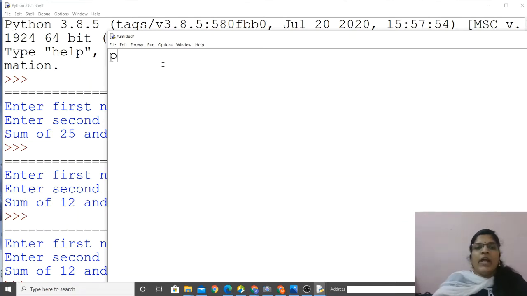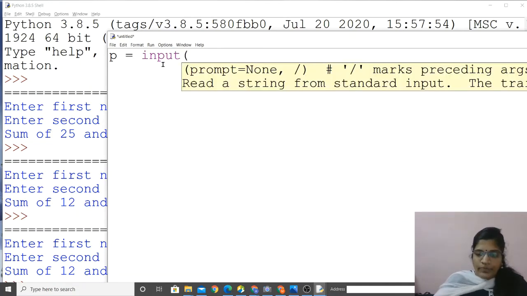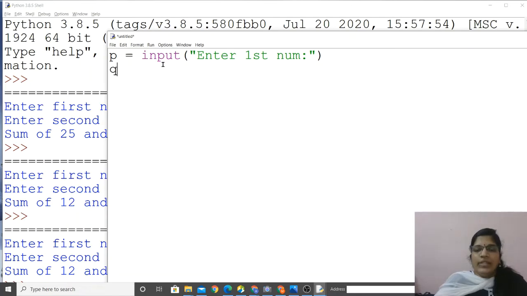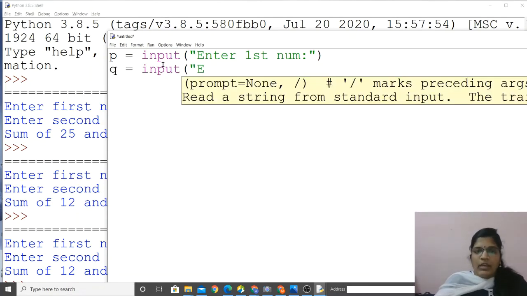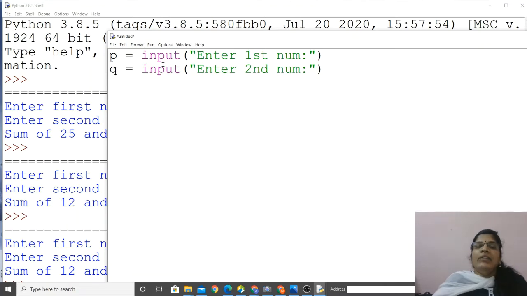Let me take a value p is equal to input, enter first number. Then q is equal to input, enter second number. All right, the input is over, then multiplication.